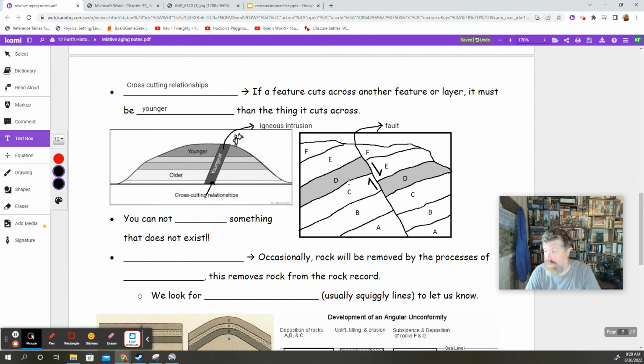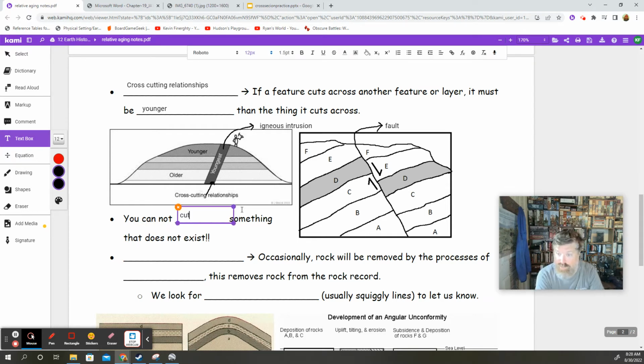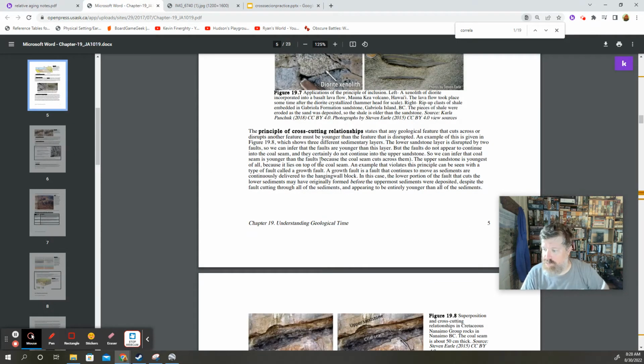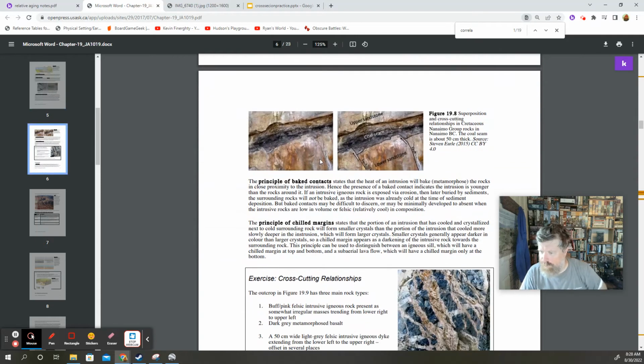And again, you can't break rocks that aren't yet in existence. So while the rocks were there, then they faulted. You cannot cut something that does not yet exist. All right, so check that out, cross-cutting relationships, which kind of includes,